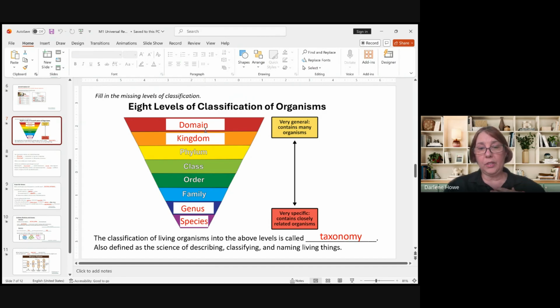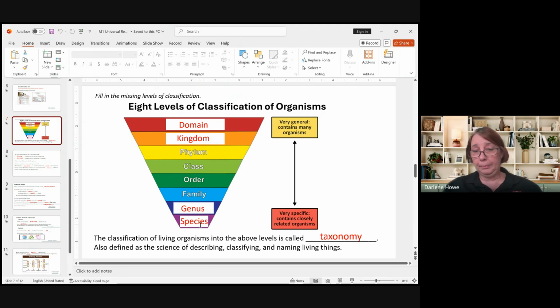Okay, so the top one is domain. Under domain is always kingdom, okay? And in our class, you don't need to know about phylum, class, order, family. I know when we were doing CK12, there were some questions on those ones. They will not be on the exam. Only know your domains, know your kingdoms of eukarya, and know genus and species down at the bottom